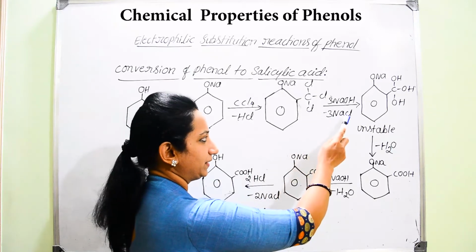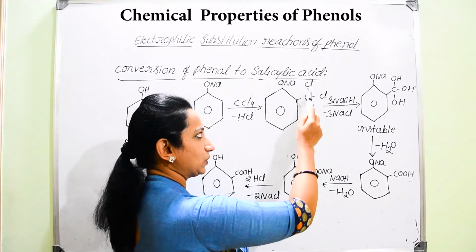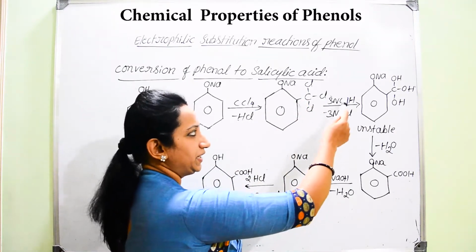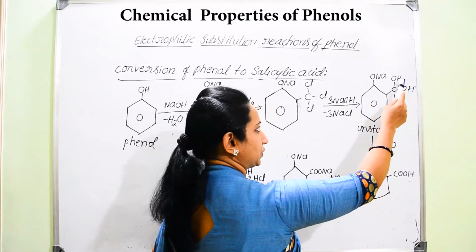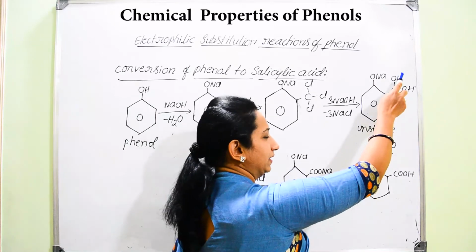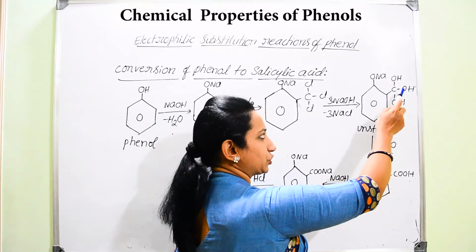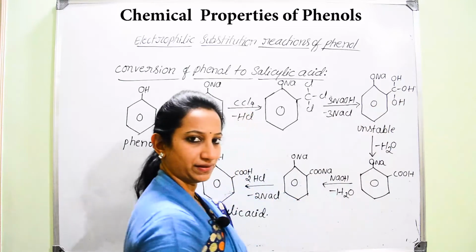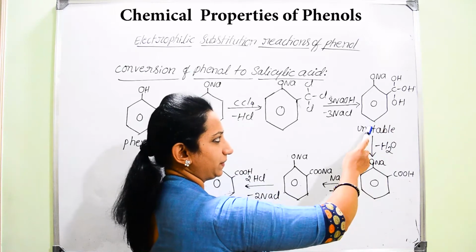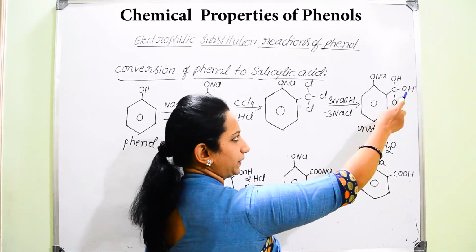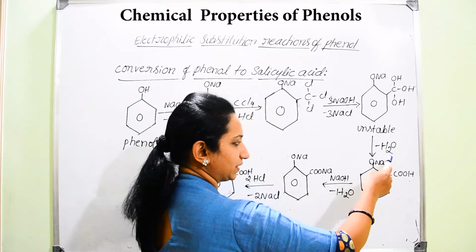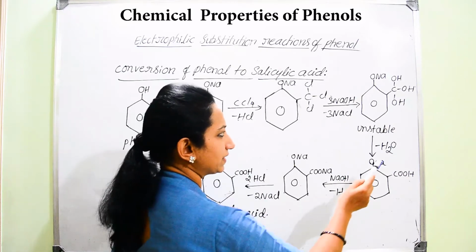And once you can guess, after the removal of these 3 chlorine atoms, what will get substituted in these places? Obviously, 3 hydroxyl groups will be substituted at these positions. Now, once these OH groups are attached to the same carbon atom, there is a possibility for the removal of water. It is unstable, and to gain stability, there will be removal of water, OH and H. It will be removed in the form of H2O. Then whatever is left over here,